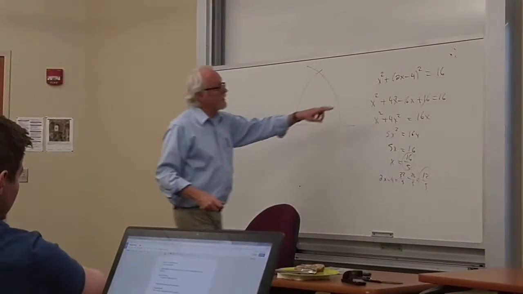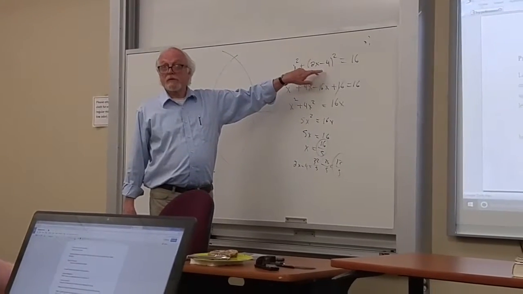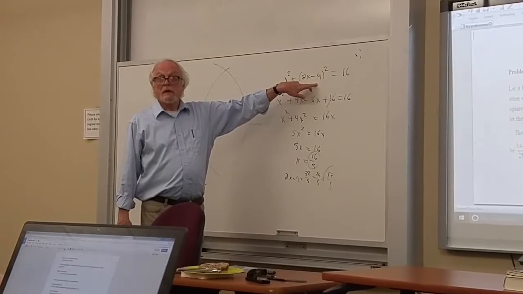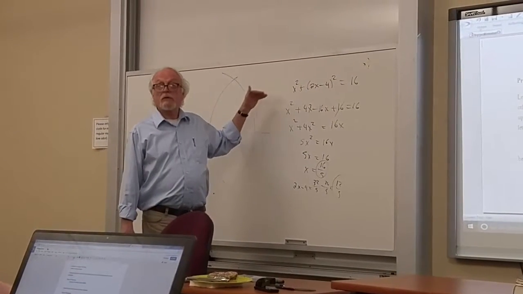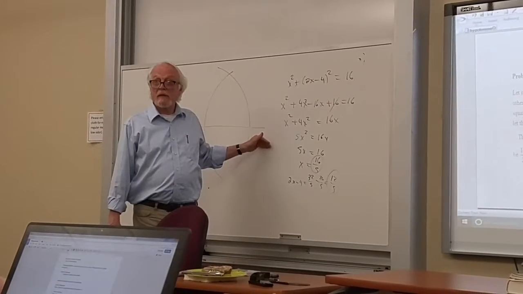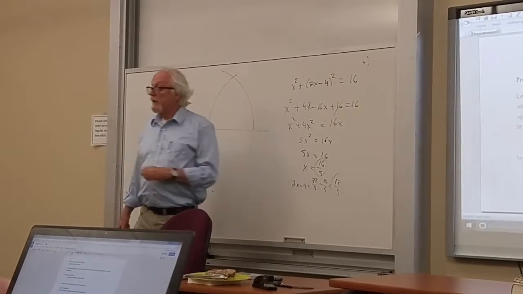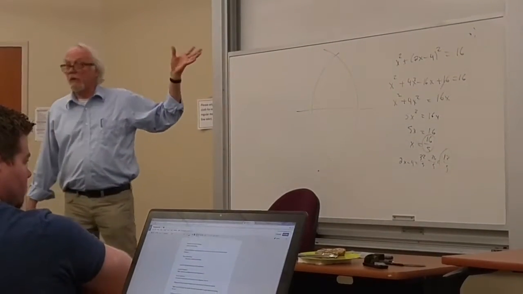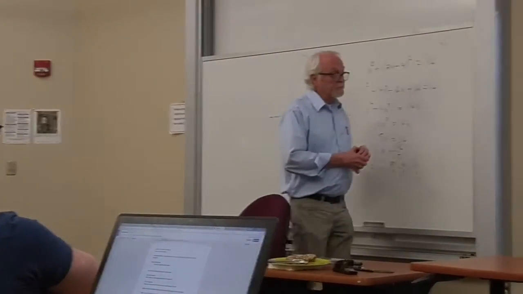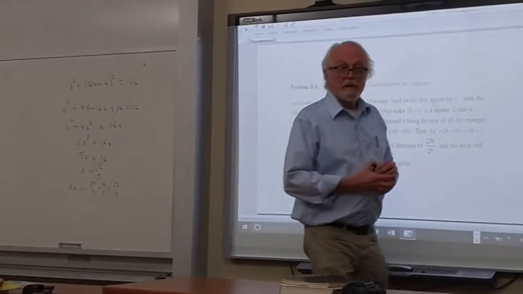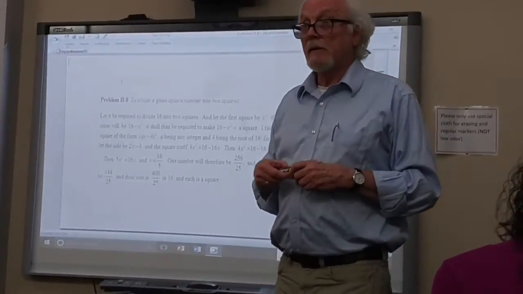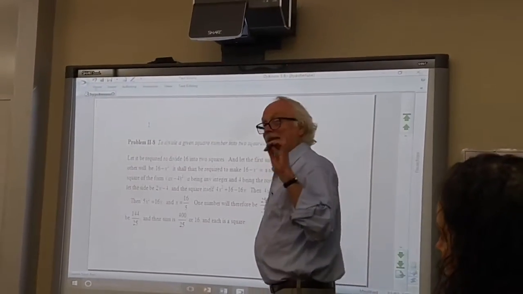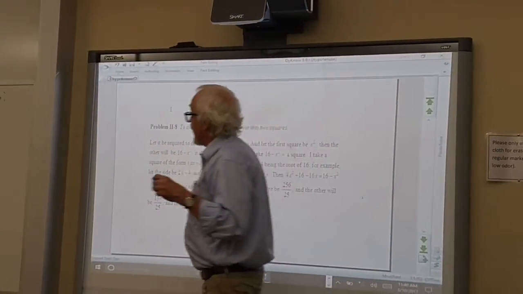So this little trick of essentially setting y equal to 2x minus 4 allows you to convert a quadratic equation into a linear equation, and therefore gives you a rational solution rather than some kind of irrational solution. Question? Where did the 2 come from? Ah! Why pick 2? Why pick 2? As a matter of fact,